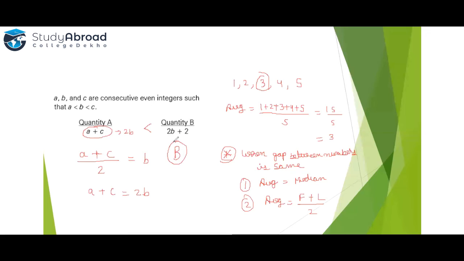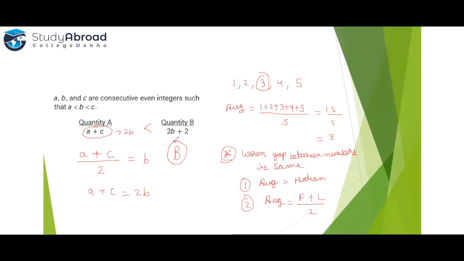So here in this case, you can see what I did. I knew the concept that when the gap between the numbers is the same, then average is equal to median, and average is also equal to first term plus last term divided by 2. So I directly applied the shorter way in this question and I was able to get to my answer pretty quickly,